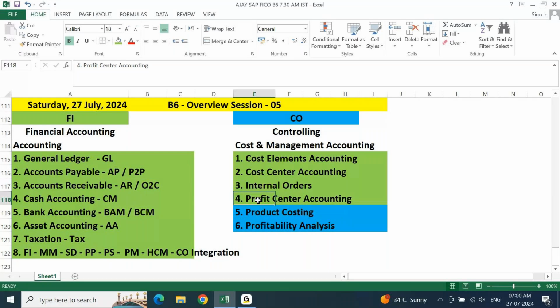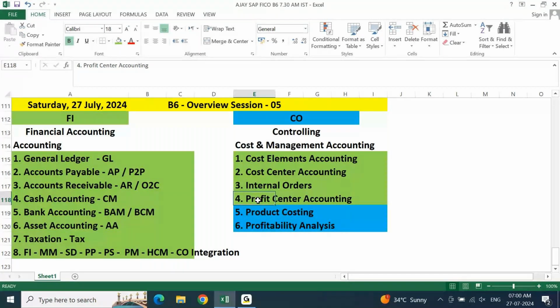This COPA is currently represented as margin analysis in S/4HANA releases. Earlier we called it COPA. Now COPA is represented by margin analysis also. So these points you need to slowly understand. Now, when you're talking about these different submodules within FI and within CO, we need to make sure what these are basically, and how the entries are being processed. At the end, everything is connected to accounting only.